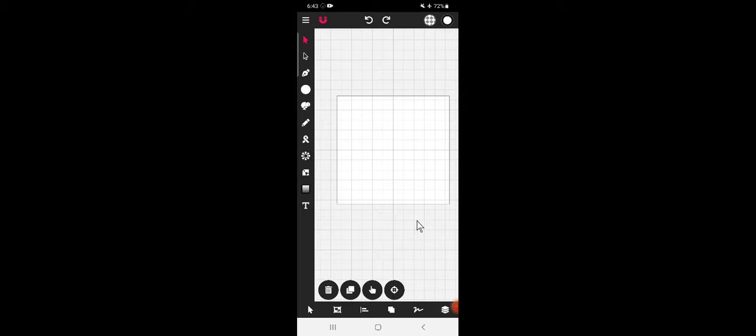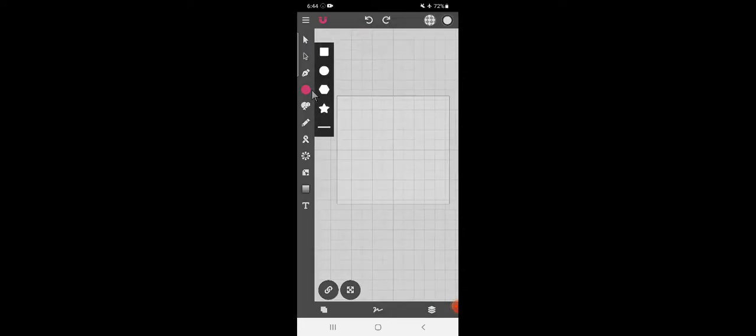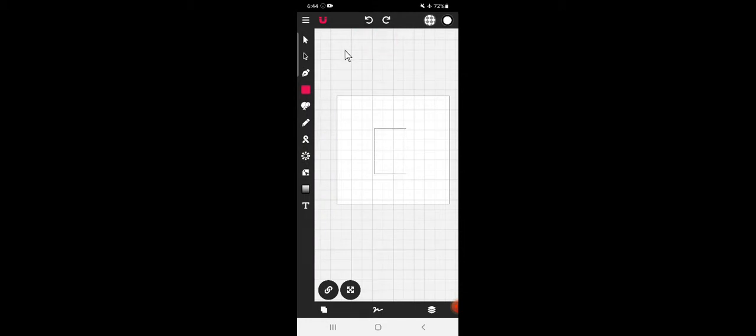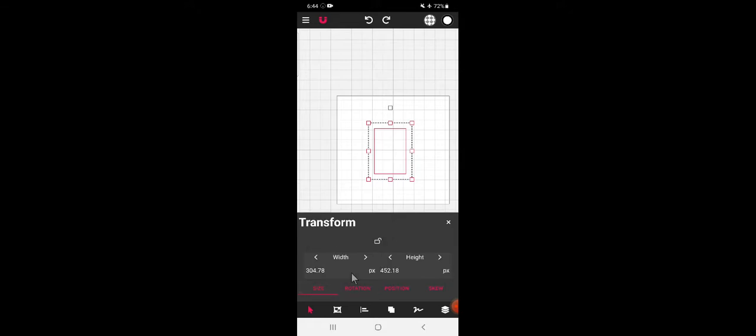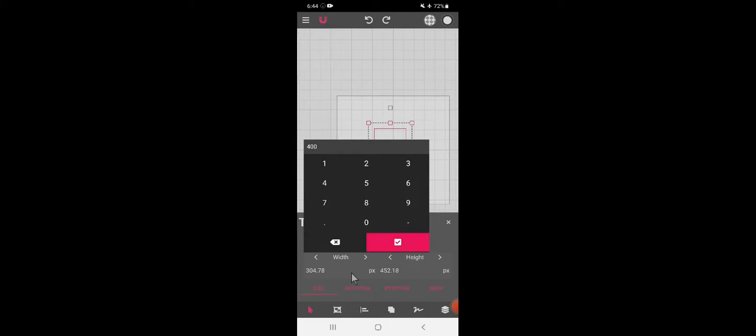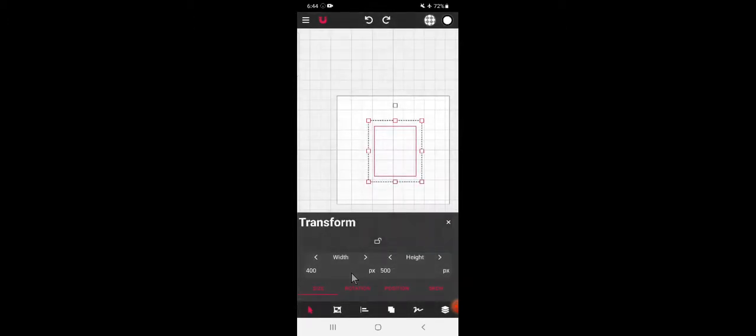Now let's make a rectangle 400 pixels by 500 pixels. So now let's align it to the center.